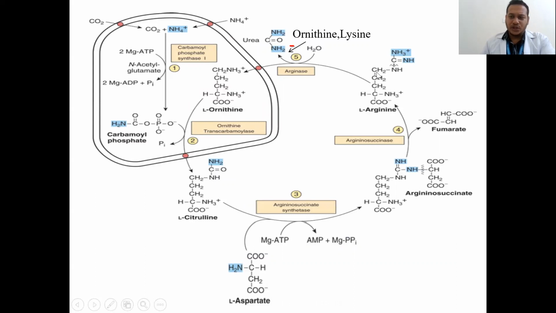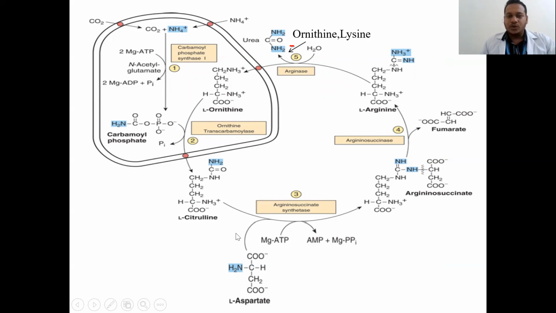So this is the overview of the urea cycle, where carbon dioxide and ammonia enter into the mitochondria, where the reaction takes place to form carbamoyl phosphate with the help of carbamoyl phosphate synthase 1 as well as N-acetyl glutamate. This carbamoyl phosphate combines with ornithine, which is present in the mitochondria. It forms citrulline. Citrulline gets transported out of the mitochondria with the help of the citrulline transporter,